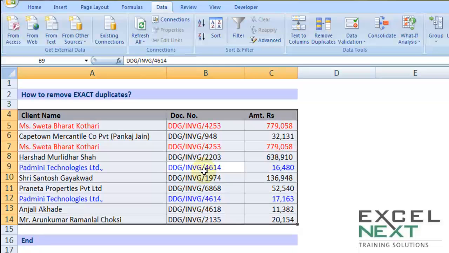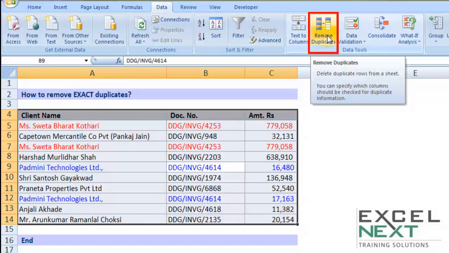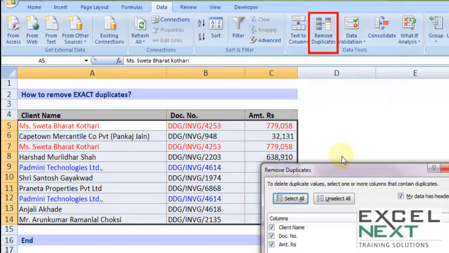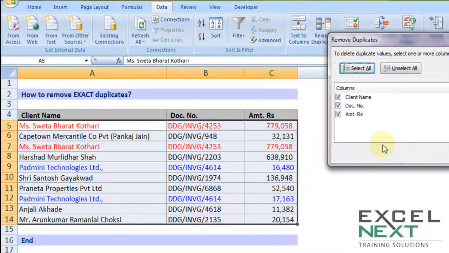Let me press Ctrl A. Let me go to the data tab, within which is remove duplicates. If I click on remove duplicates, Excel asks me which columns I need to consider to compute the exact replica. I say all of them. Client name should be equal, doc number should be exactly equal, amount should be equal as well. So all three chosen. If I press OK,